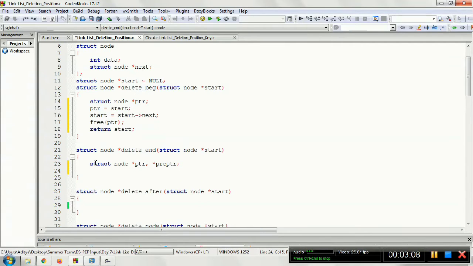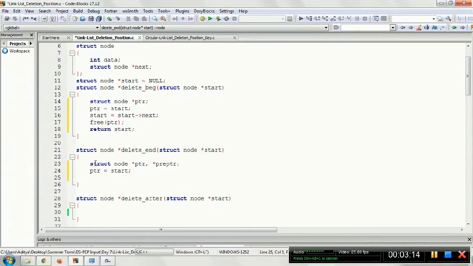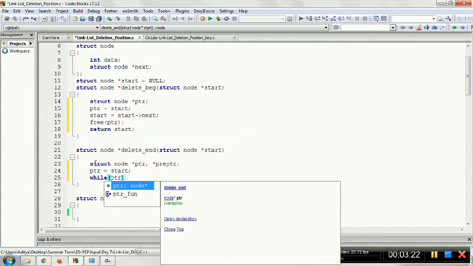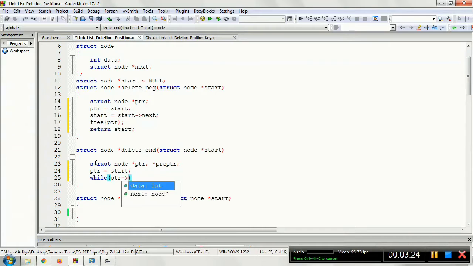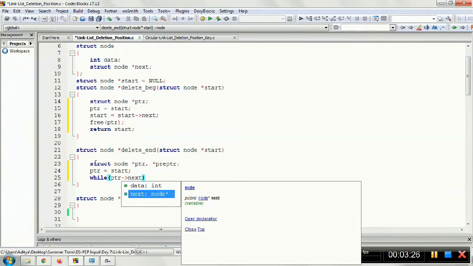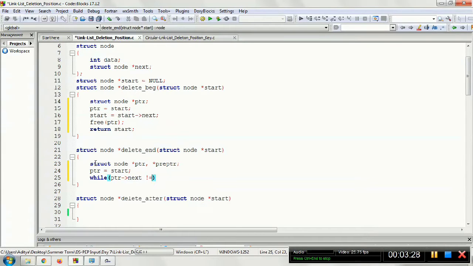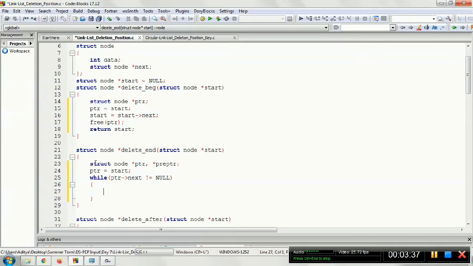After this, the PTR should point to the start. This loop will continue until the last, meaning it will stop whenever the PTR is pointing to the last node in the linked list. As I already discussed, we have 2 pointers.